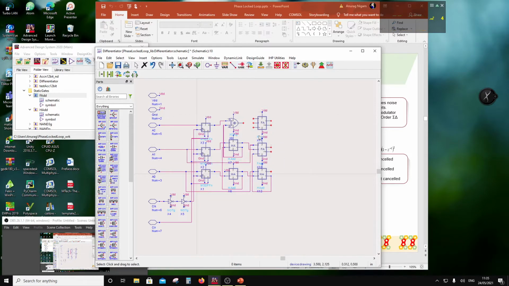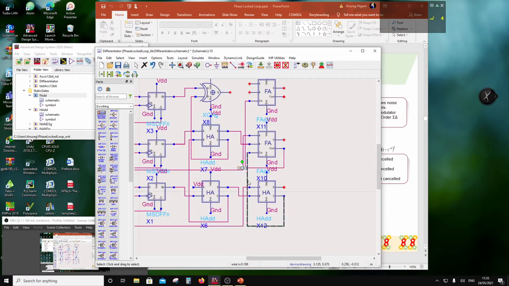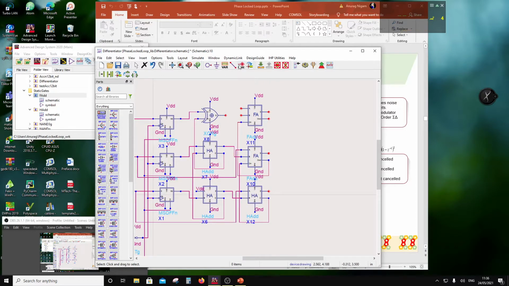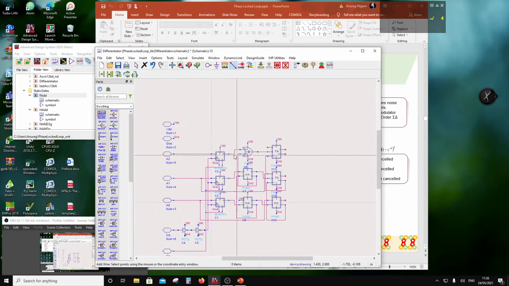Okay, so the last one is going to receive the carry out of this one, right? Let's see if it allows me to do it here. Okay, so the carry out of this one goes to C in here, and then this one is going to receive this and also a copy of this. So basically I'm subtracting the previous version of A0, A1 and A2 from the current version of A0, A1, A2, right? And the output is going to be, so here